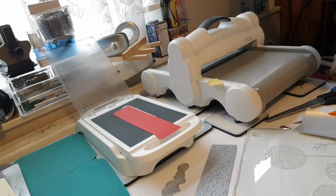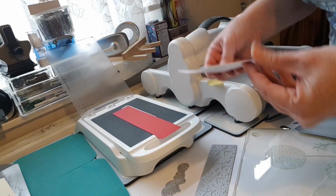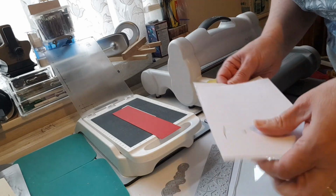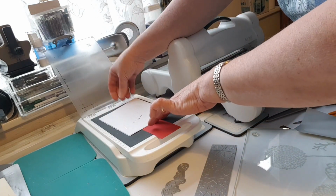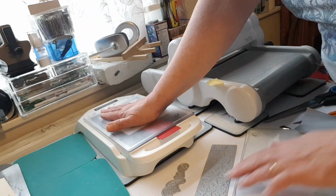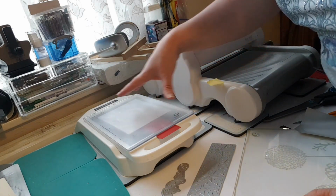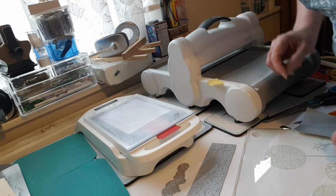Then I'm going to add some card shims, and I've already done a test with this hot foil stamp and this foil, so I know that 3 card shims is going to be the right amount for this, but do a test on whatever you're using. So I need to wait then for the hot foil stamp to heat through before I roll it through. So while we're waiting for that,